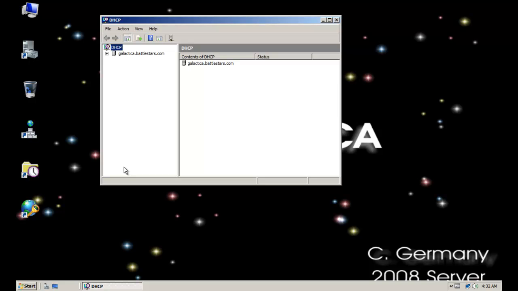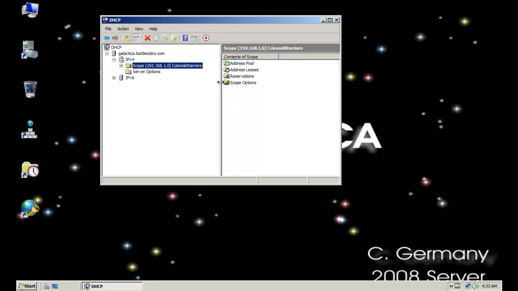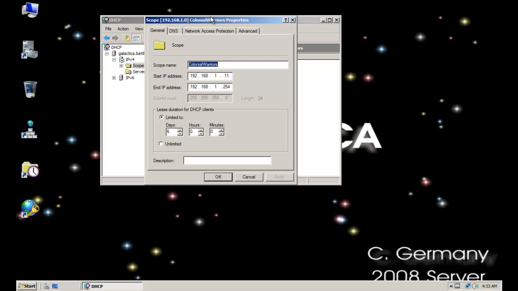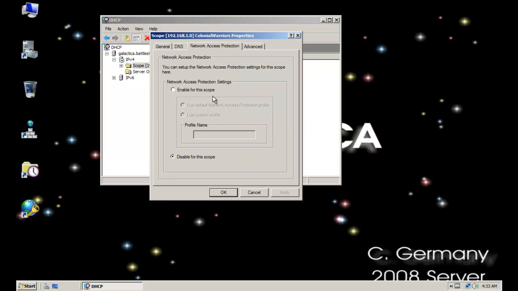So now it's time to go to the DHCP server, and we're going to go to our IPv4 scope. Let me open this up here. Remember our scope here was Colonial Warriors, so we have our scope selected there, and in this case I'm going to right click and go into properties, and notice there's this tab here, network access protection, and I can choose to enable it for the scope. I'm just going to do that. I'm going to choose that. I'm going to click on OK. I'm going to say use a default network access protection profile, which we just set up. So I'm going to click on OK,